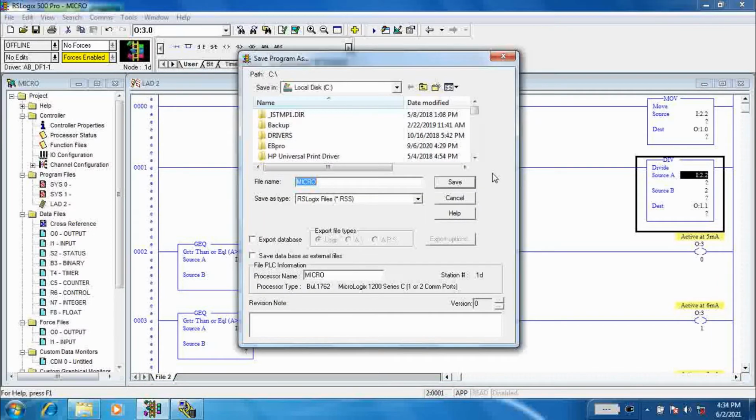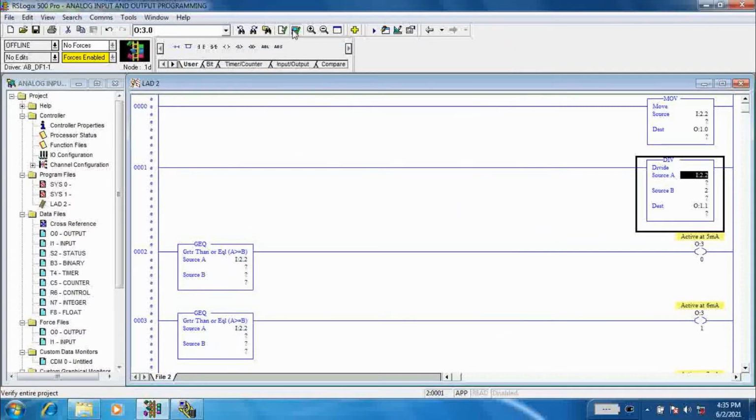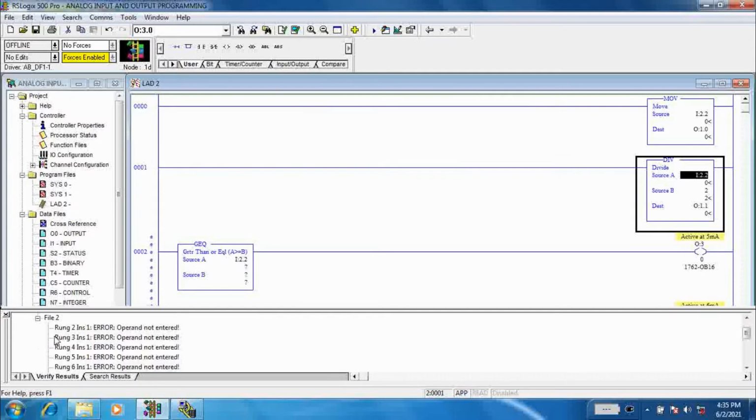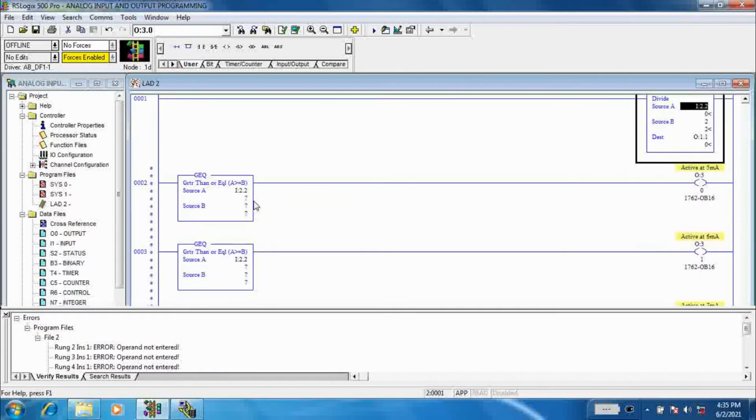Now save the program and compile. The error is because we have not given source B any value.